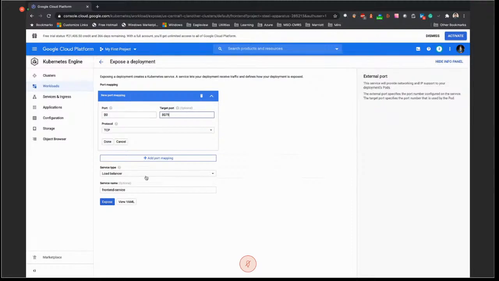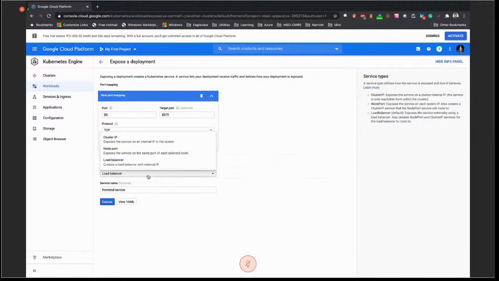And there are 3 types that we can use here. One is cluster IP, second one is node port, and third one is the load balancer. So in case of clouds, we generally use the load balancer for exposing stuff. If we are using bare metal, then we can use node port. Otherwise, we can create our own physical load balancers and use that.